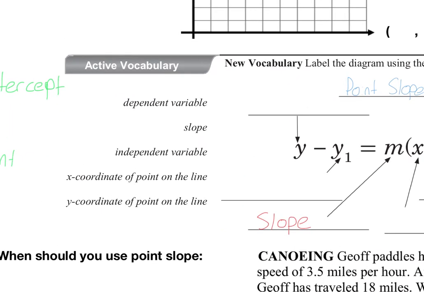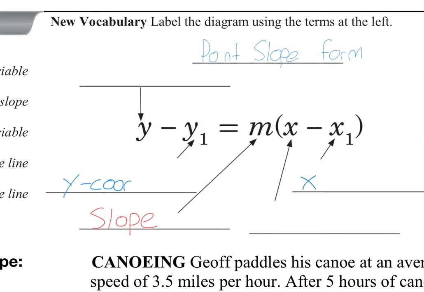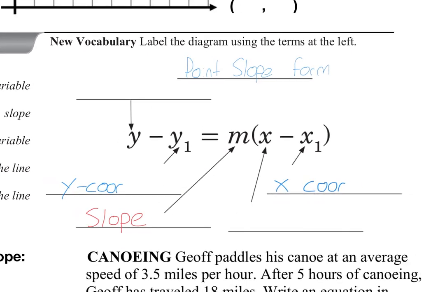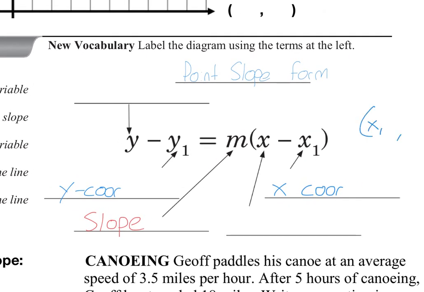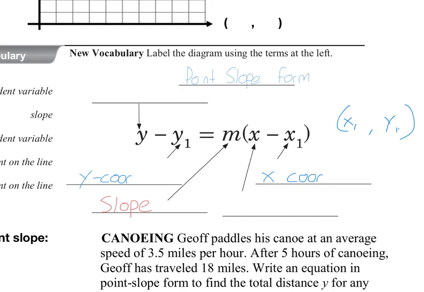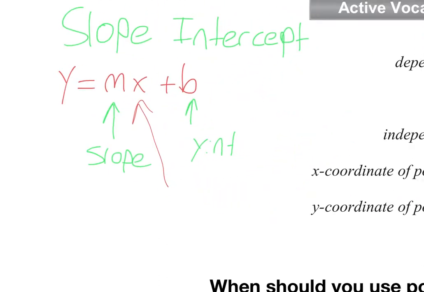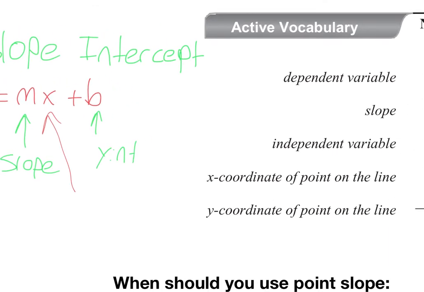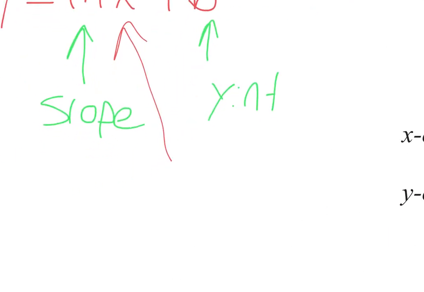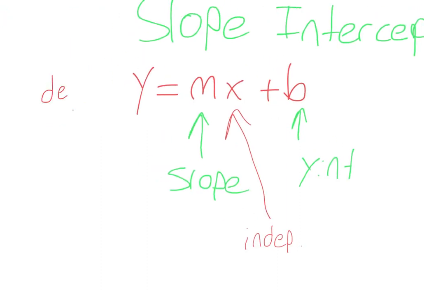All right, and so this goes right here. This y1 is a y-coordinate. This x1 is an x-coordinate. Together, these make up a point, x1 comma y1. Now, just like on slope-intercept, where it had an input or independent variable and a dependent variable, also known as input and output,